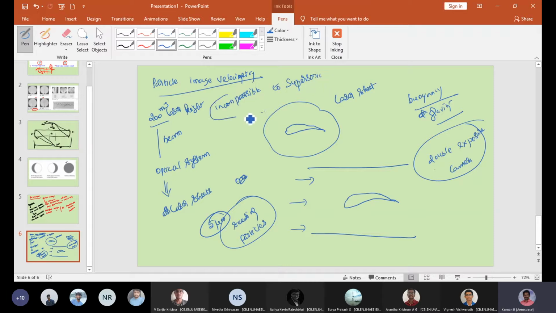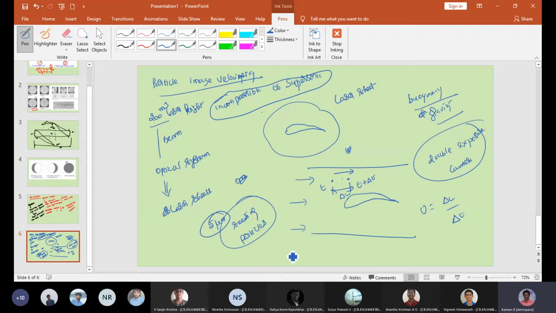In that case, you need to optimize your time delay between the two exposures. Then only can we have a correlation. We will see how we are going to do that. For example, a particle is here, and after the second exposure it is here. We know the distance delta L, and also how much time it takes to move from here to here. Here it is t plus delta t, here it's t, so you can get your velocity.